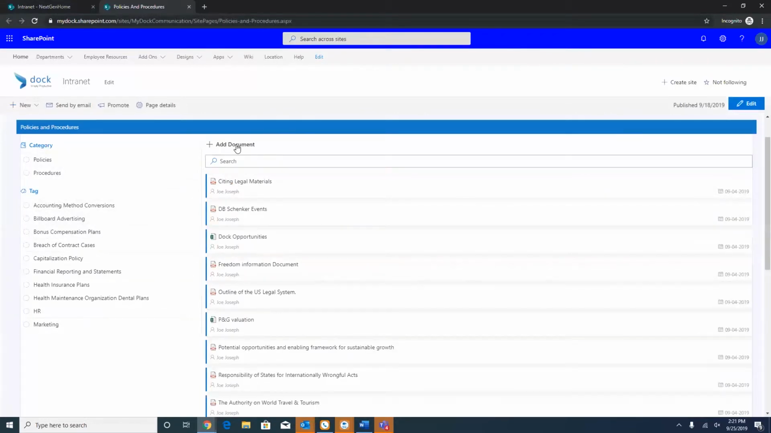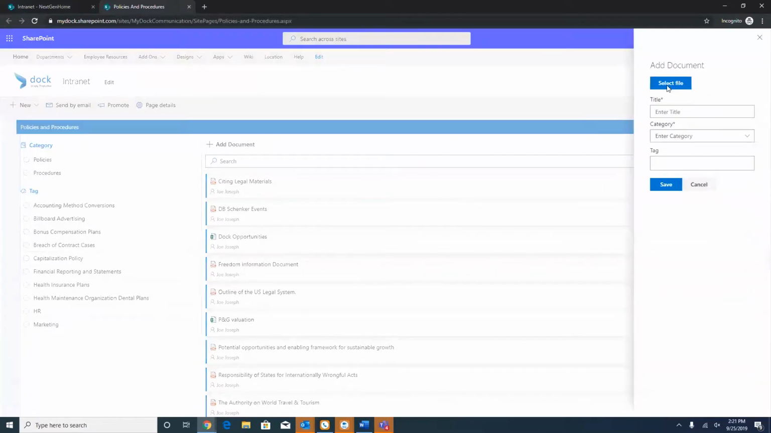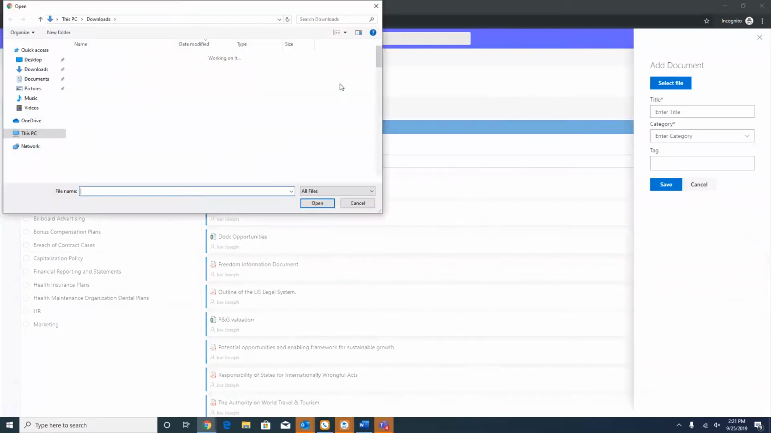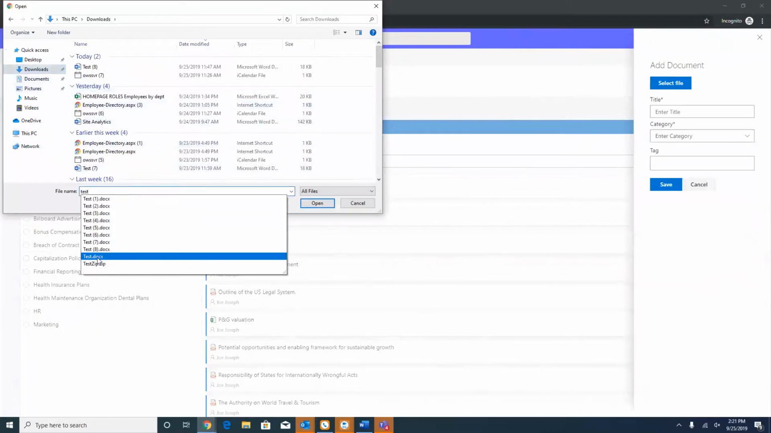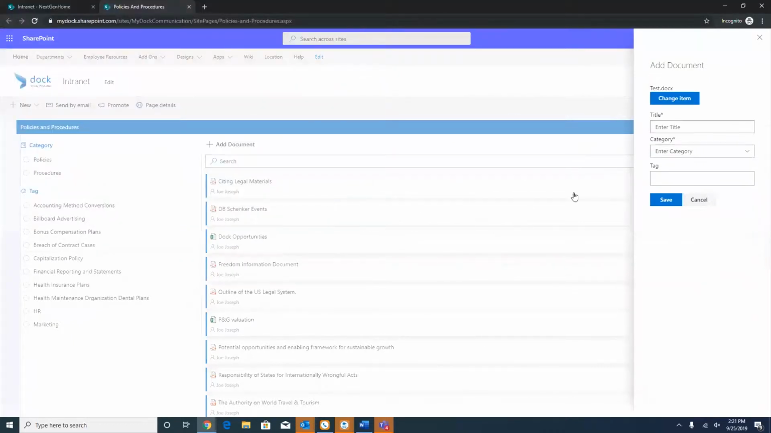So to add a document, you just simply click add document, and then we can go to select file, and then you can go to a test document. You can upload a test document. Then you'd enter, let's say, I'll just make it test document. Enter the category. We'll make this a policy. Tag, let's do